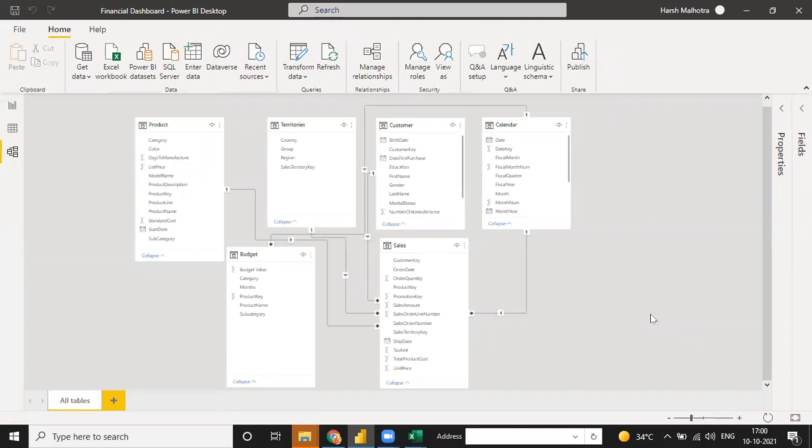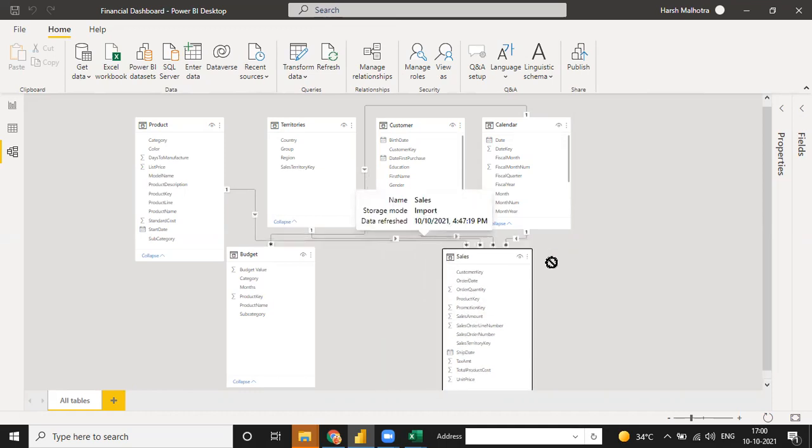If you have 2, 3, or 4 fact tables, then you just connect your A table with all of B, C, D, E, F, G till the end. But you don't need to connect B to C, C to D, D to E, E to F. You don't need to connect. You only need to connect your dim table to the fact tables, and all the fact tables will be connected through that dim table. Okay. Now understand, or any doubt in your mind?